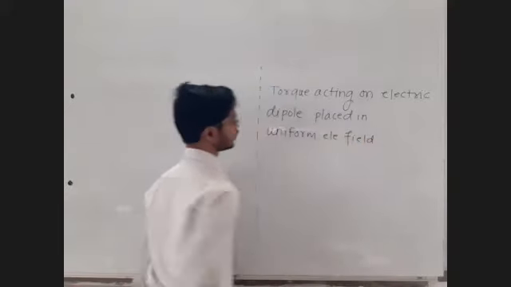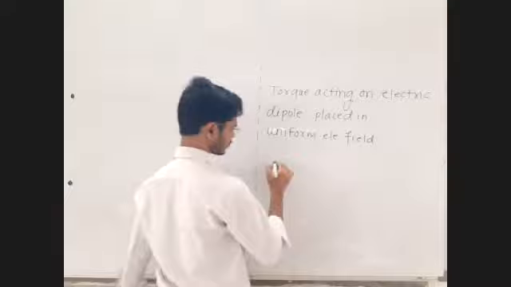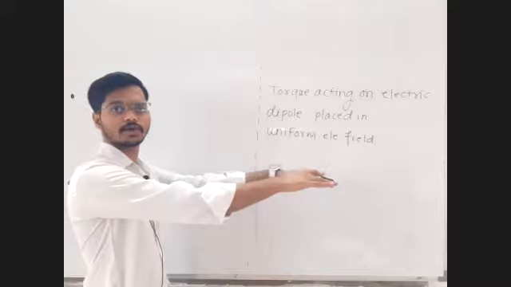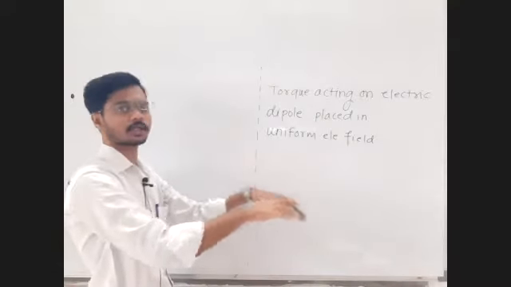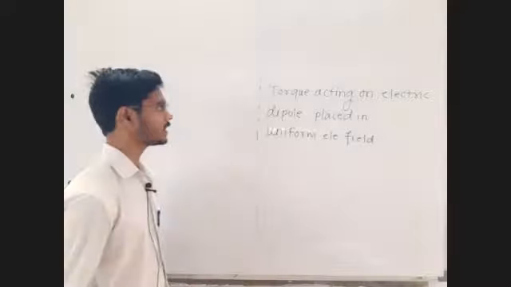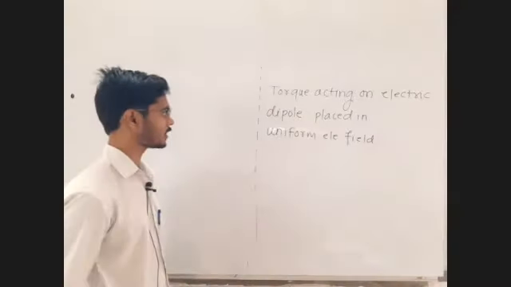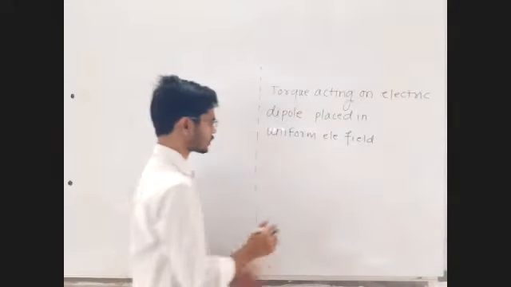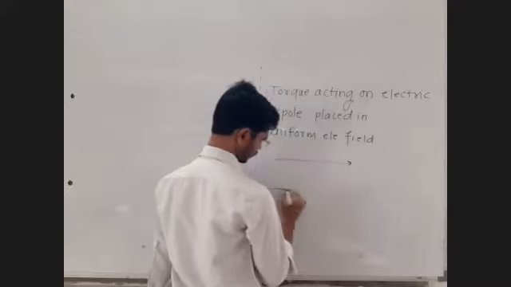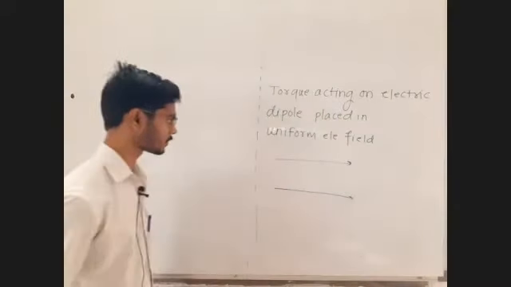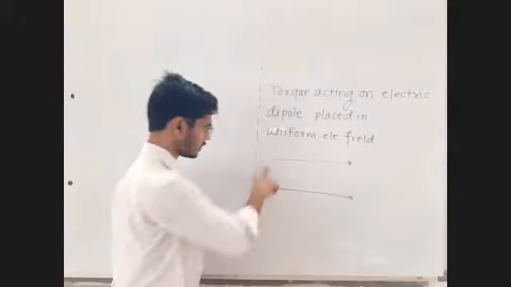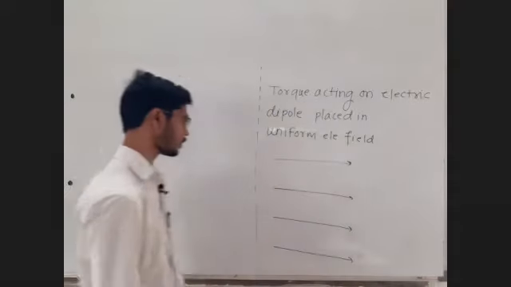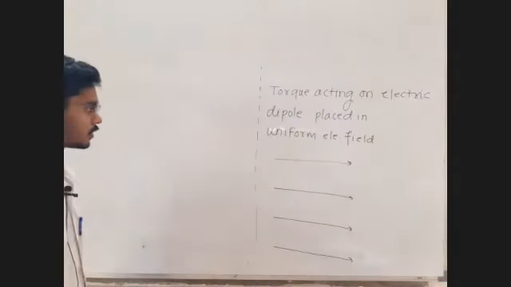All right. Now let's have a dipole, or let's have first electric field. Let's say in this region electric field is rightward at all the points, and its value is some fixed value. So constant magnitude and constant direction. So this is our uniform electric field. How to draw uniform electric field? Equispaced parallel lines. Now let us try to draw the dipole.